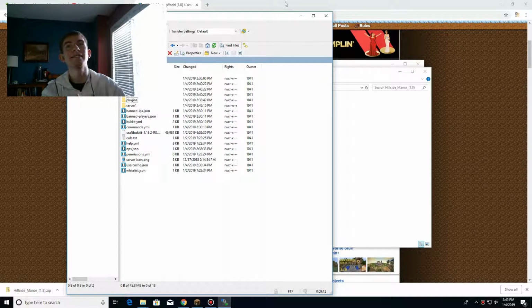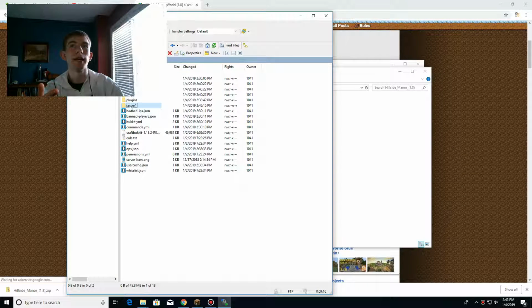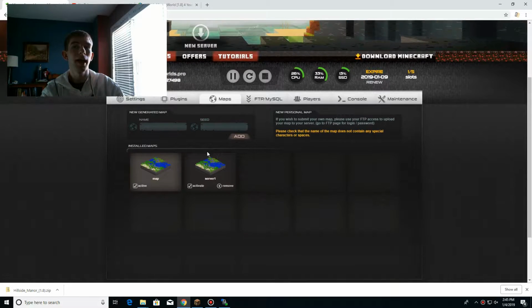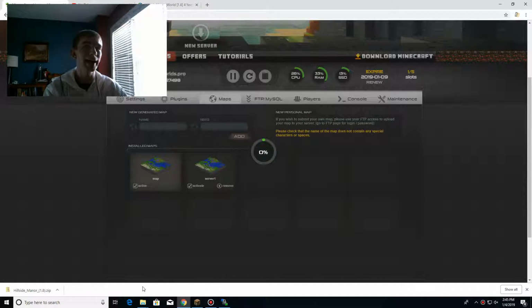Alright guys, now that it's done downloading, it's called server 1 right here. You don't have to put it in the maps or anything. You got the default map and stuff like that. So now let's go over here. Go to the maps section, and it should be in here right now. So we're gonna activate it,